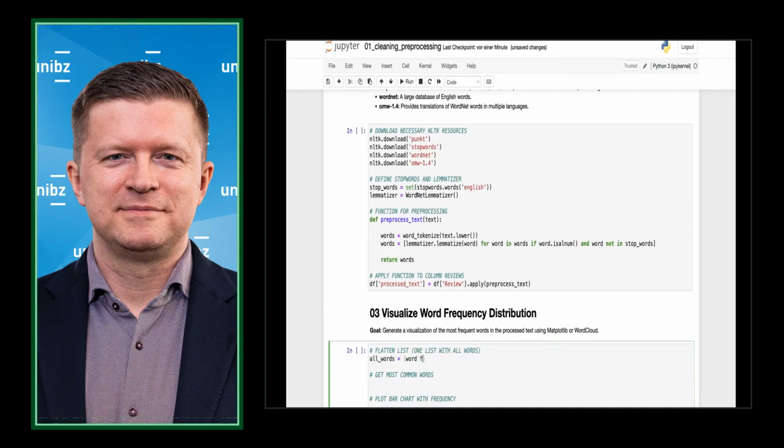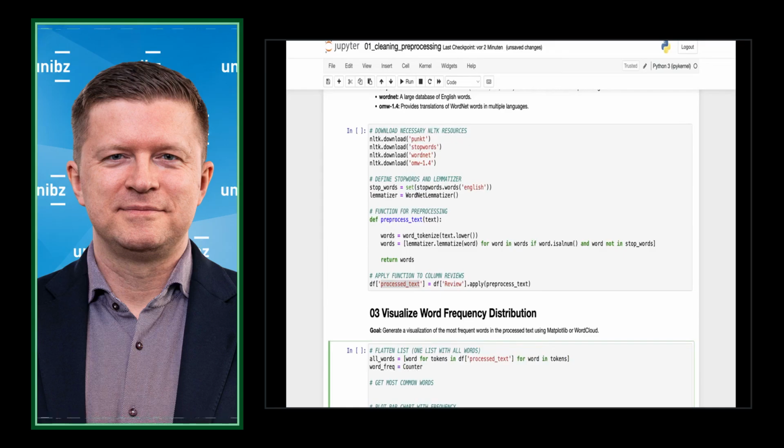And we're going to use the text column. Now we have all words, and now we count them.